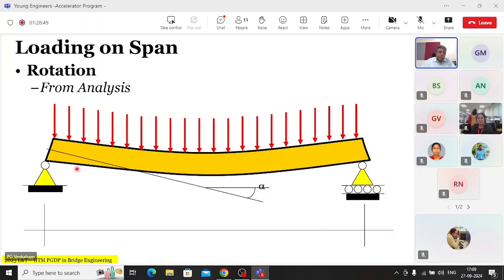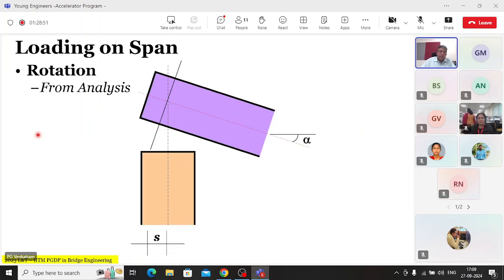Now if you zoom in into this area, you will notice that when you find the arrangement, the rear end moves backward, the top end, the bottom end of the slab or a beam moves backward, and the top end moves with respect to this, and vice versa happens here. So there is a small displacement this way also. So you need to accommodate that in the expansion joints that you provide at this location,